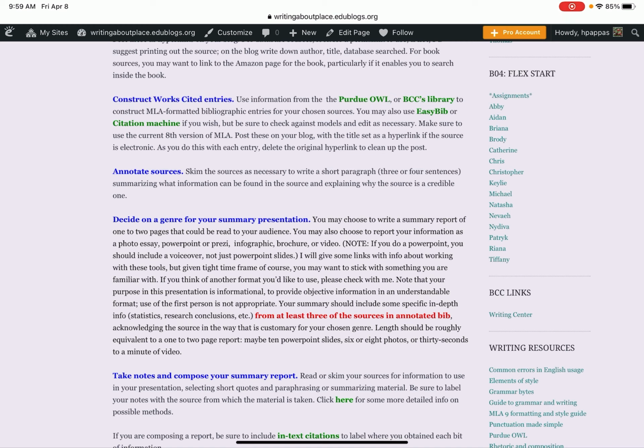This presentation should be an introduction to the topic. It also should use some information from at least 3 of the sources that you have listed in your annotated bibliography. See the highlighted red there. So you don't have to read every source. So you might want to have a book on your list of annotated sources that you don't have to read it all. You need to produce the